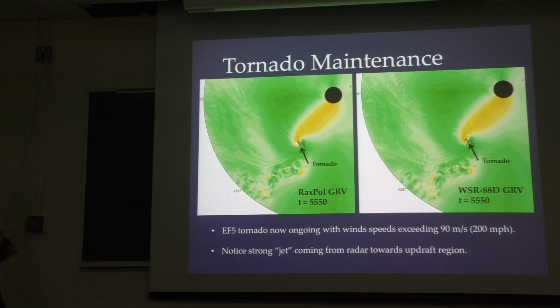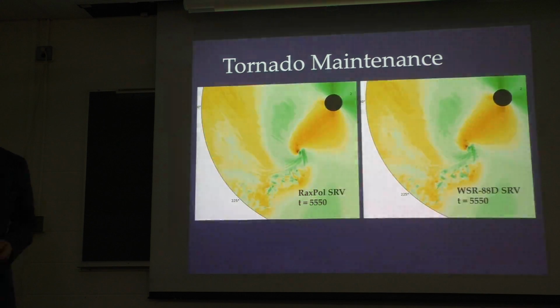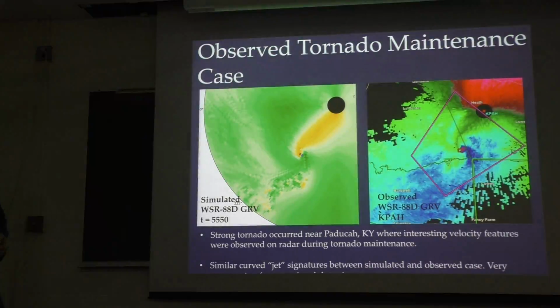The forward flank downdraft boundary, like I said, kind of reoriented itself more to the northeast, so it's pointed directly outbound from the radar as opposed to being a little more to the west of it. And here's the same image in storm relative velocity. And here's where it gets really interesting.